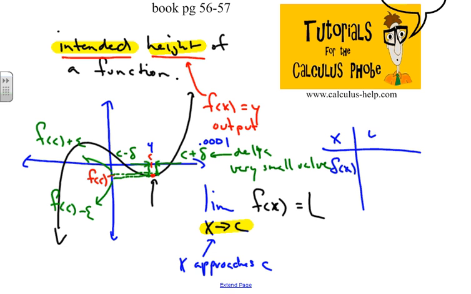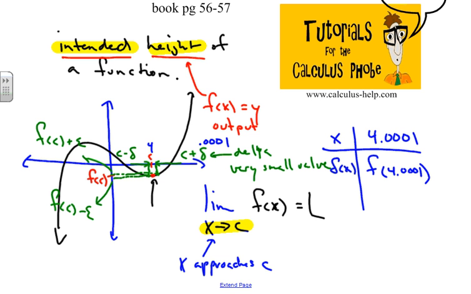We'd have 4.0001, whatever that value is. And that value can change and get really, really close, arbitrarily close, as they say. And what we get out is an output, which would be f of 4.0001. That would be some value, just past f of c, or f